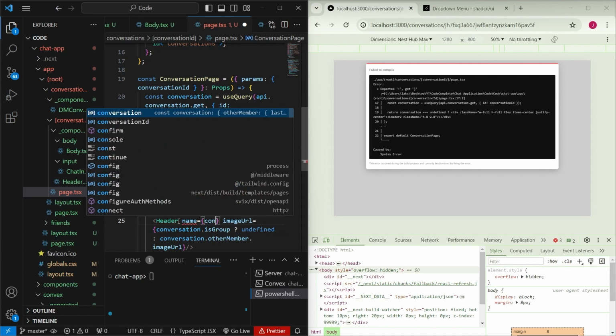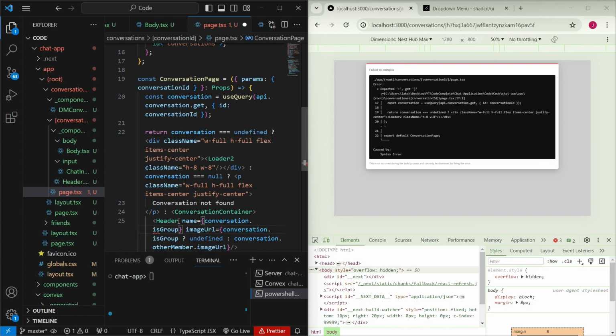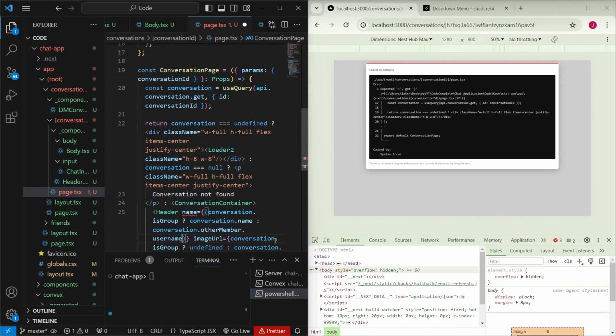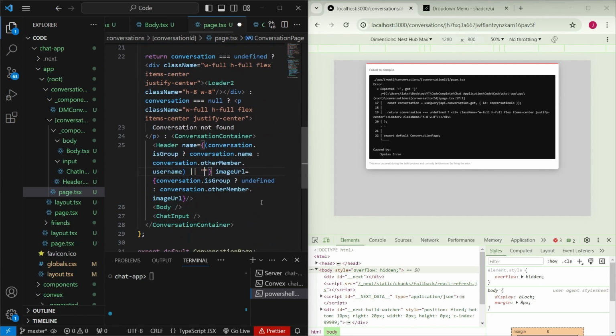So again, we check conversation.isGroup. Then we just render conversation.name, because when we're creating a group, we actually define the name for the conversation. But if we're not, we just use the other user's name. So we say conversation.otherMember.username. And then since all of this is optional, we also render out an optional empty string if neither of